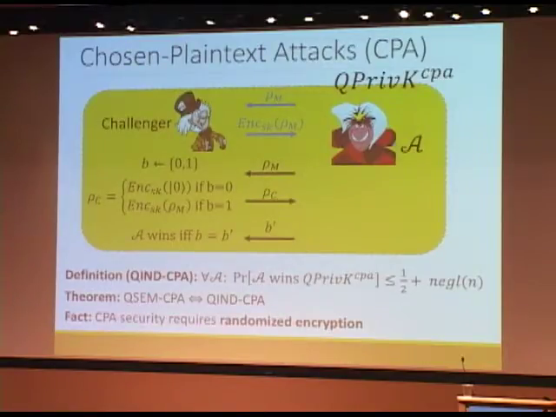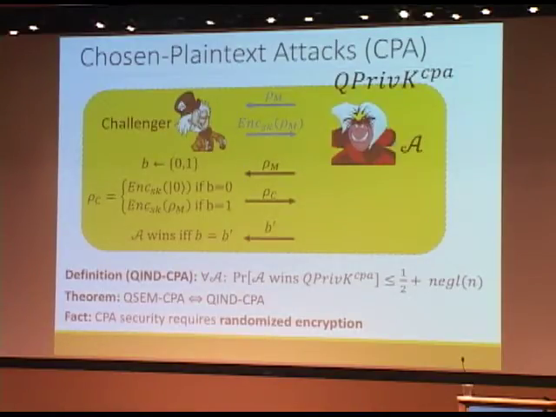But one thing to notice here is that this type of security now requires you to have what we call randomized encryption. You can think of this also in totally classical terms. Imagine if the encryption is deterministic, so you always get the same encryption if you ask for the same message. Well, then this game is easy to win, no? Because you just send a message here that is not zero, and then you also ask for the encryption of it, and you simply compare that to what you get back here. So if it's not a randomized encryption scheme, then you will win this game easily.